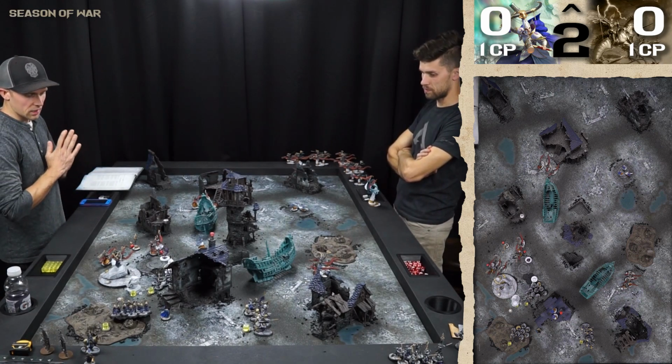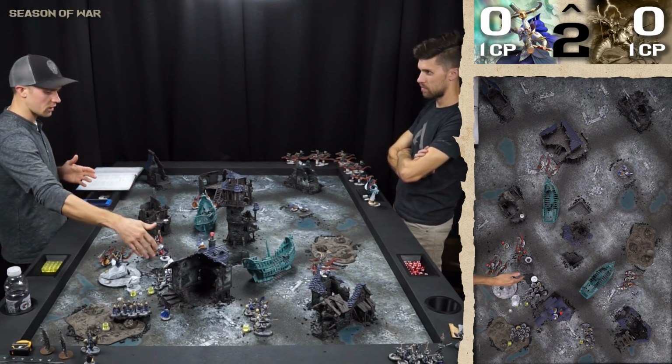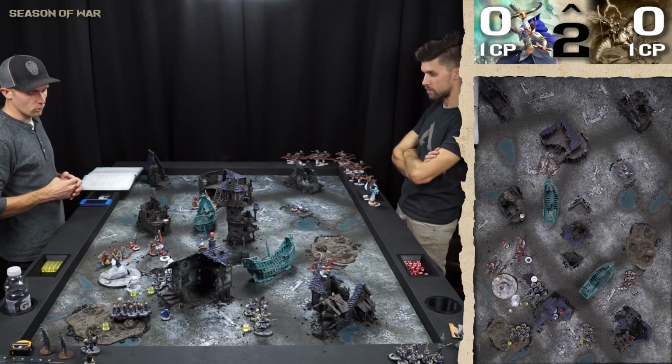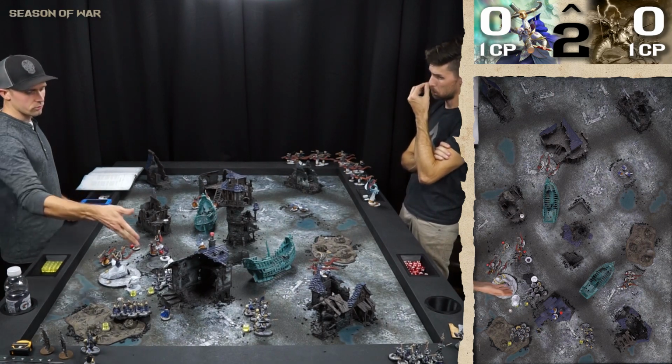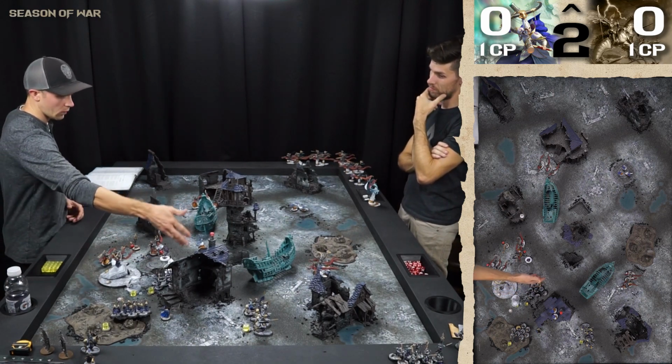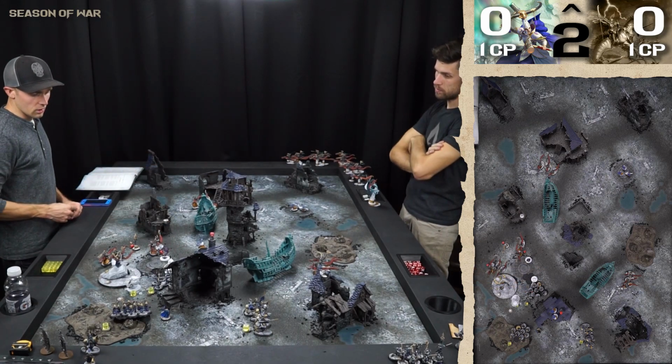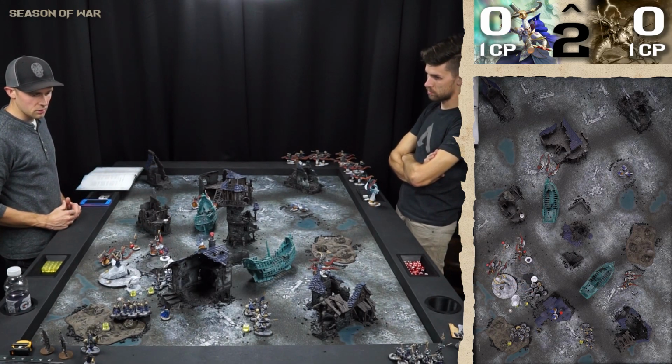Yeah, split attacks. So I put a couple into the king, a couple into this unit of eels, a couple into that unit of eels. I killed the king, an eel here, and 1 of 2 eels here. That other eel ended up running to Battle Shock. Mm-hmm. So yeah,